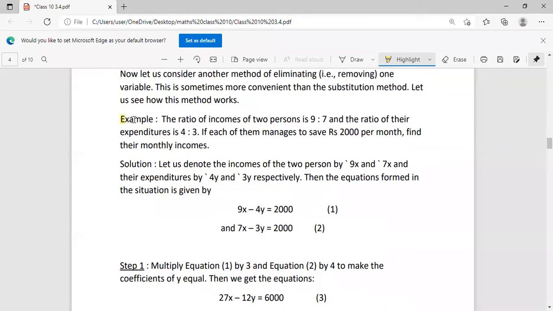So first of all, let us do an example, and by doing this example, I will explain to you the steps. And after this, we will deal it in detail about the steps. Okay. So the question is, the ratio of incomes of two persons is